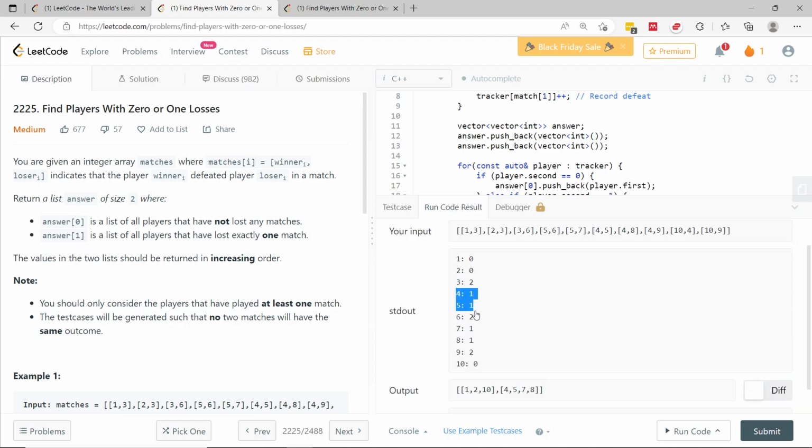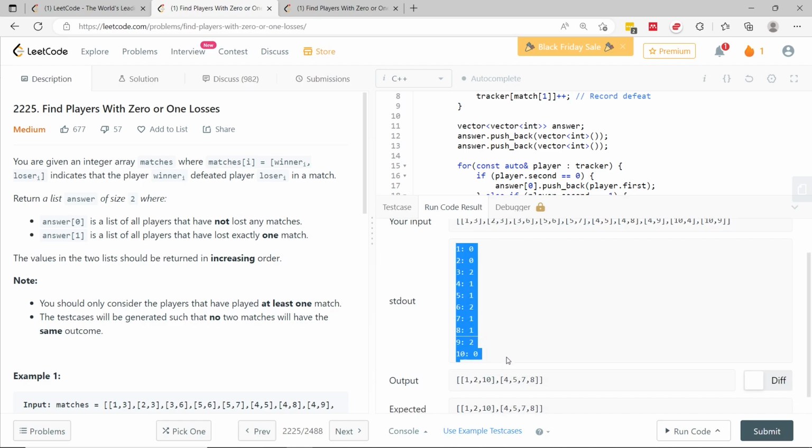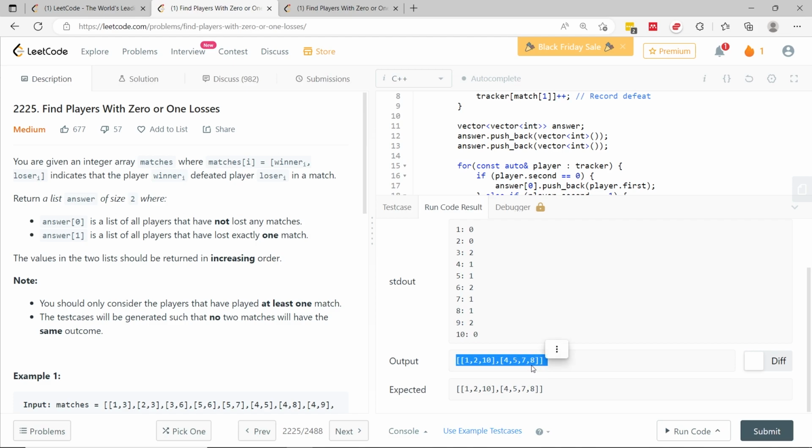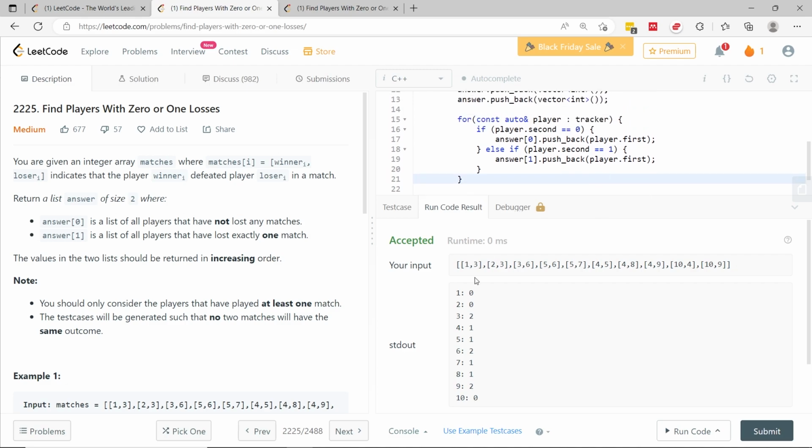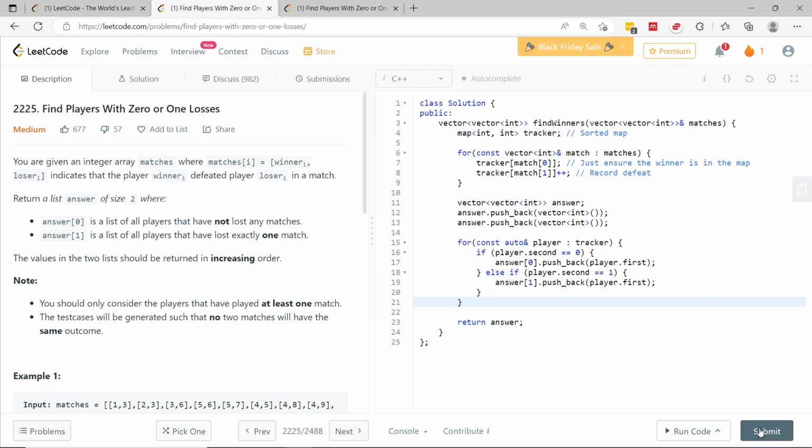Players 4, 5, and also players 7 and 8 right here. They've only lost a single match. That's why the value is 1. So 4, 5, 7, and 8 are in the second list. So now I'm going to submit my solution. To speed it up, I'm going to remove my print statements. Let's close the console and click on